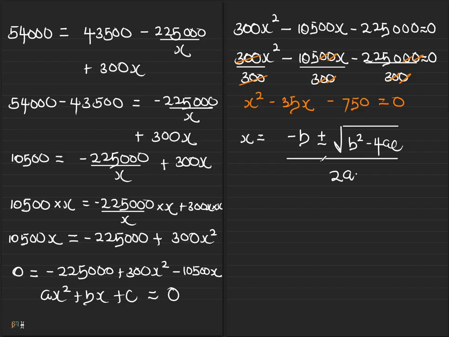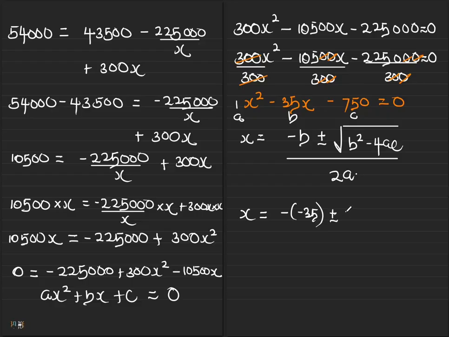The reason being that we don't have any common factor, hence we just have to use the completing of square or the almighty formula. So our x is then equal to negative b. This here becomes the value of b, and then a is the coefficient we have here, which is 1, and then this is the c. So doing our substitution, we have x equals negative b, so the negation of our b, which is negative 35,